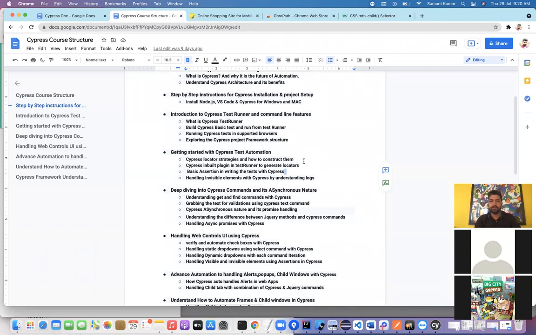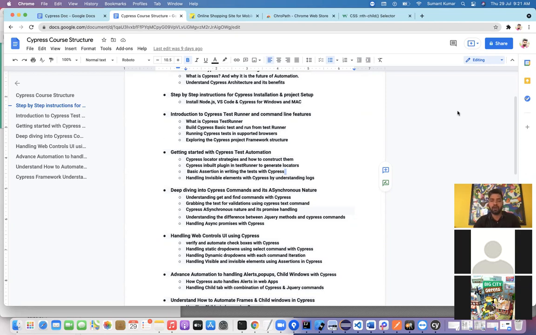Sorry, I have a question. Suppose we are using nth child or EQ, and we wrote 6 or 7 names, and on the fifth position some name is coming, like mobile or anything, and it is deleted. In that case the test case will fail. Yes, definitely it will fail, because it's a relative XPath only. We pick up some parent, and from there we move to the child.